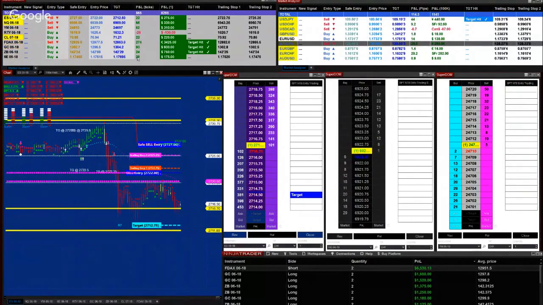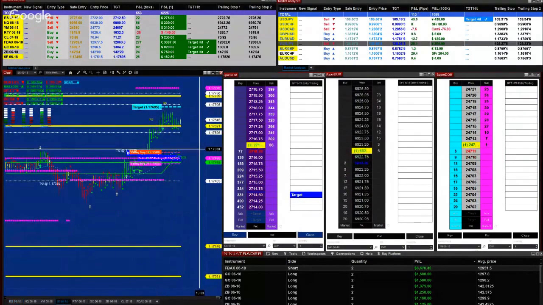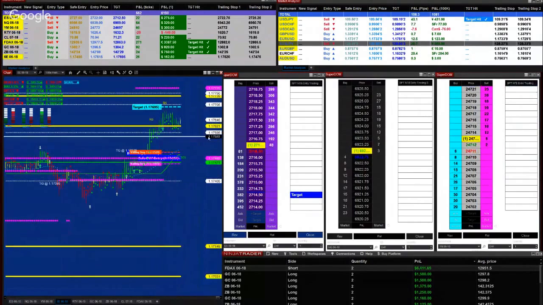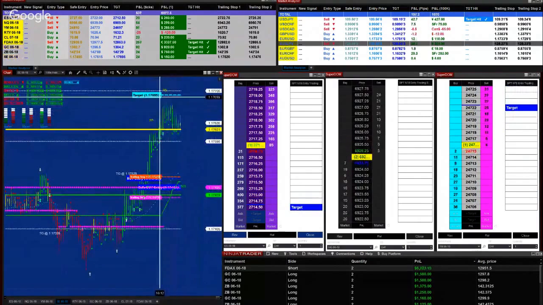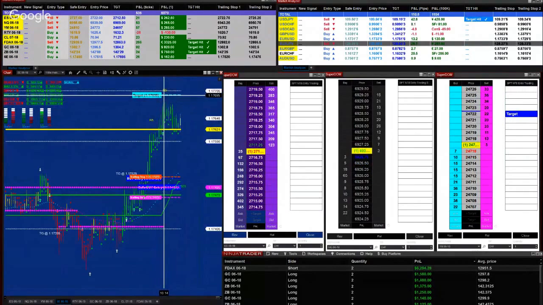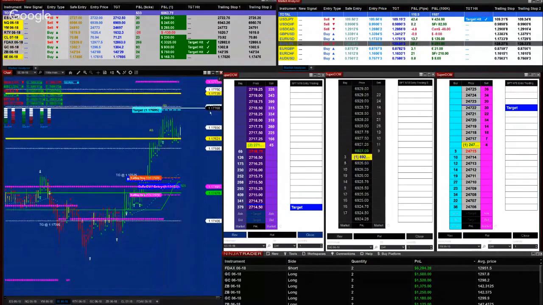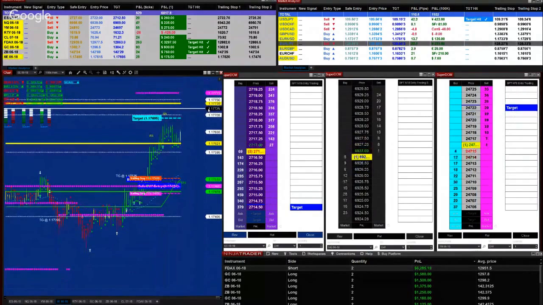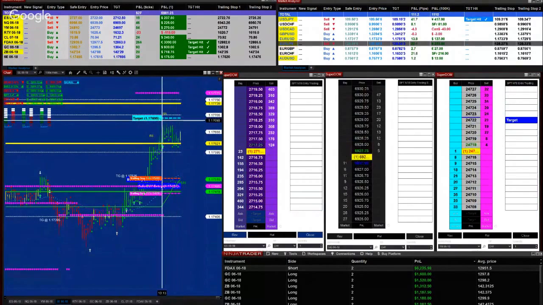Actually, I remember we had the 6E signal here right now, and we're about to hit the target. We had the signal a few minutes ago, live in front of you, and we are missing the target by a few ticks. The high was 76.80, and the target was 76.95. Sometimes, guys, nothing is going to be perfect, but you have to keep your eye on this,